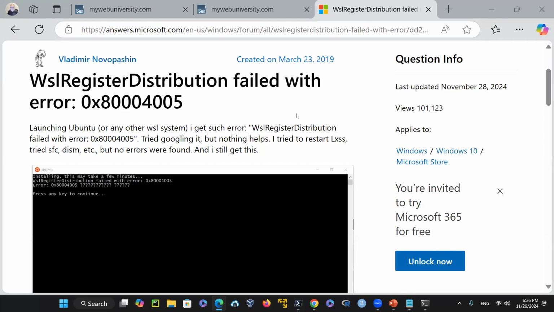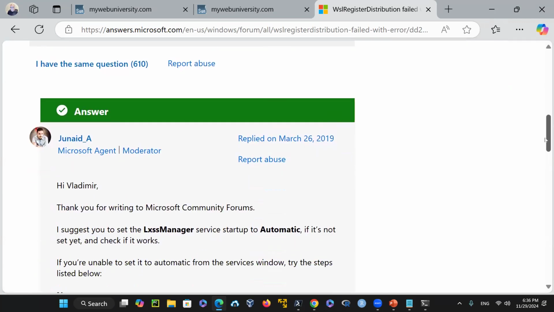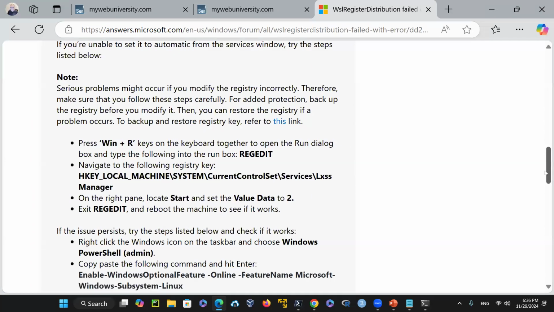Okay, I have some good news. I finally figured out the problem on my computer, what seemed to be the problem and how I fixed it. I'll show you. But the issue that Microsoft on answers.microsoft.com provided did not solve my problem. It might solve yours if you get the same error and you just go to the registry editor and modify